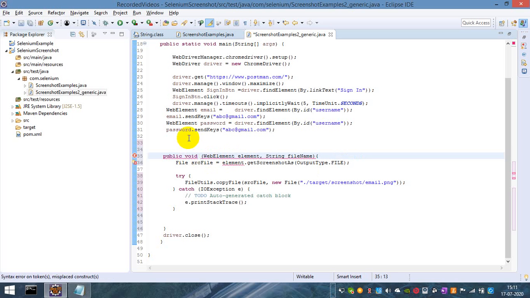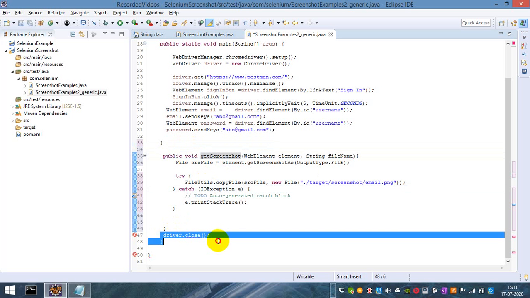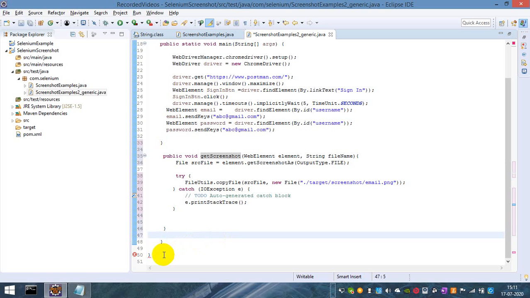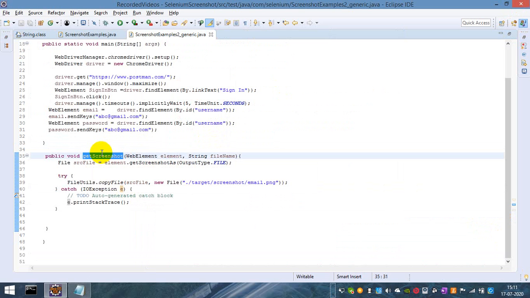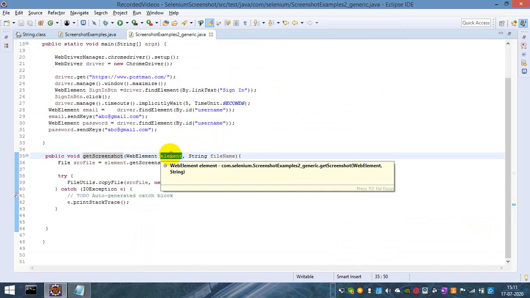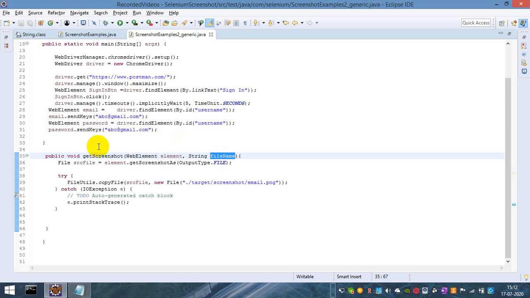So what is my method name over here? getScreenshot. And driver.close I can write later on. So I have created one dedicated generic method which is accepting two parameters. One is for my web element and another is for my file name.